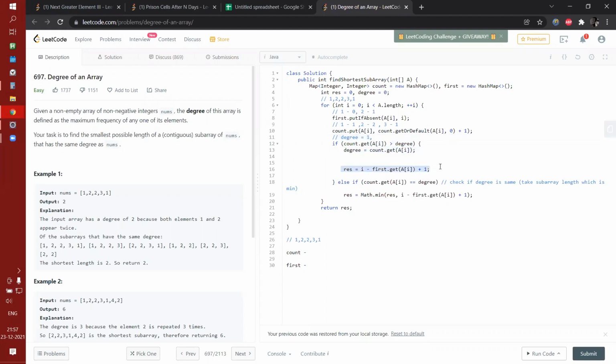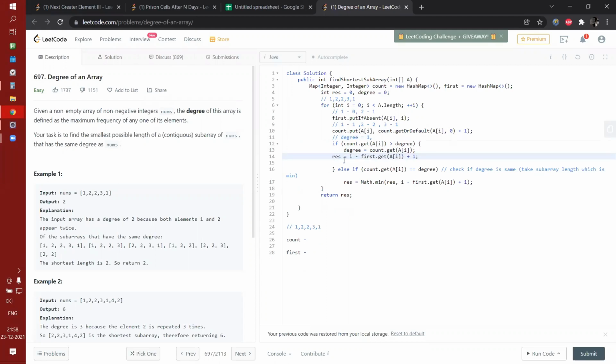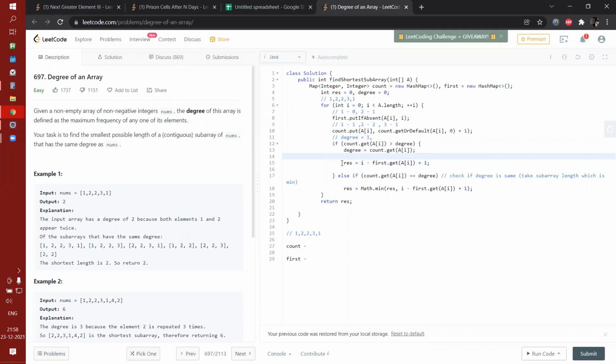Then you are calculating the length of the subarray. You are standing on the current index, that is 1. You subtract first.get(a[i]), 1 minus 0 minus 0, right? Plus 1. So the length of the subarray will become 1.